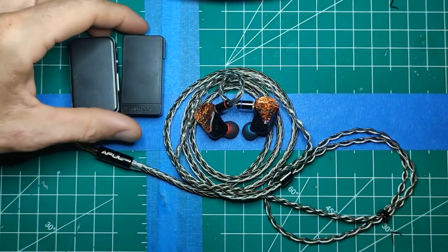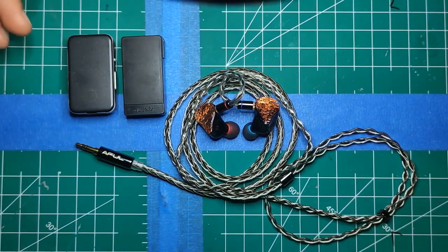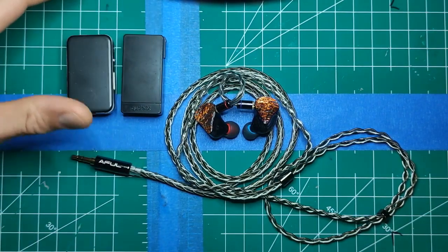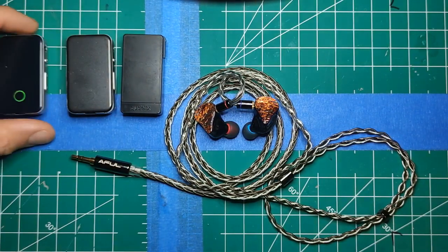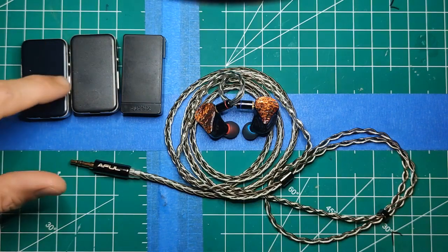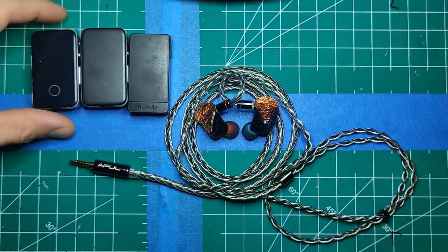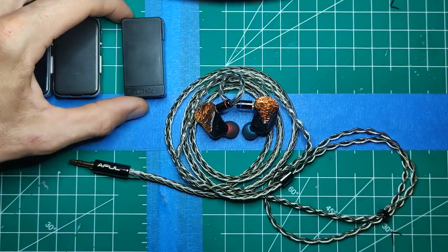Treble 5K, and these are my daily drivers. I use both of them quite regularly. I change them out as, you know, battery dies throughout the day, pick up another one, and I'll go. I actually have, I'm such a nut, I have two ES100 Mark IIs. This one is actually a Mark I, but it's got Mark II guts inside it. So anyway, I've got two ES100s, and then I have the Treble 5K, and these are my